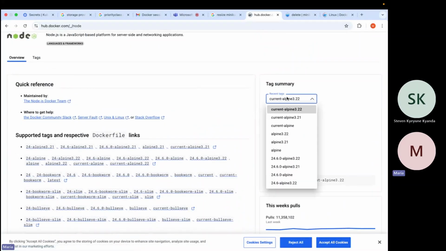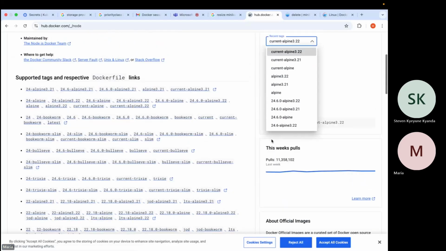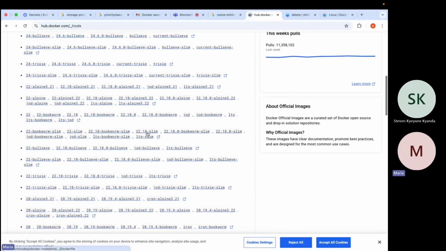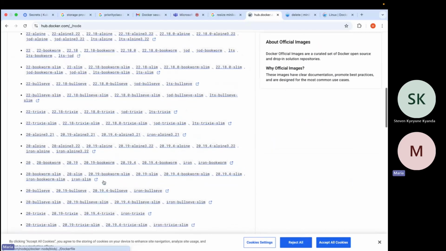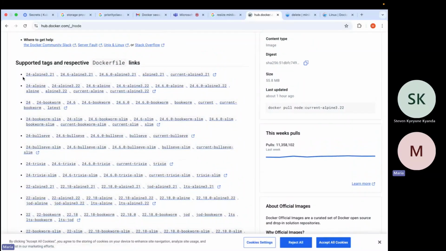It is listed in here, and the Alpine represents the size. Each of these tags show the size of the image. For example, if you check here, there's 55 MBs.